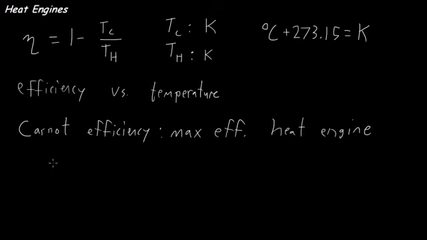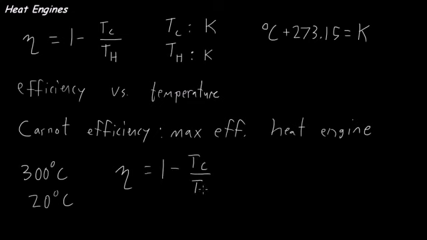So let's do an example. Let's say that I have some process that's producing heat, and let's say it's at 300 degrees Celsius. And let's say it's rejecting heat to the outside air, and let's say that's 20 degrees Celsius. So if I want to find the efficiency, I need to first convert those temperatures to Kelvin. And I get